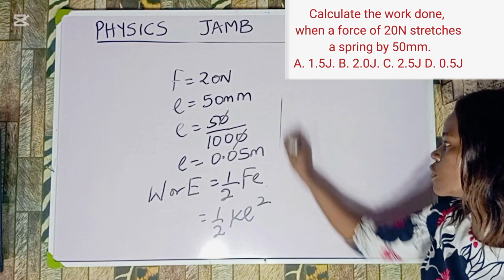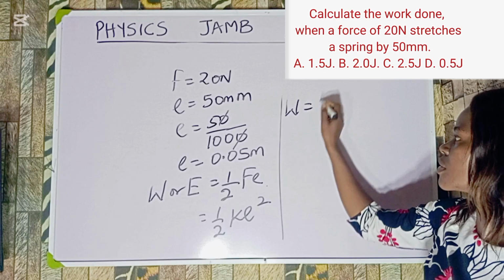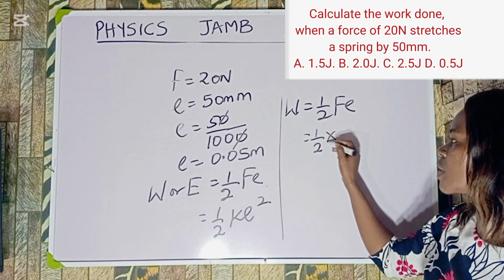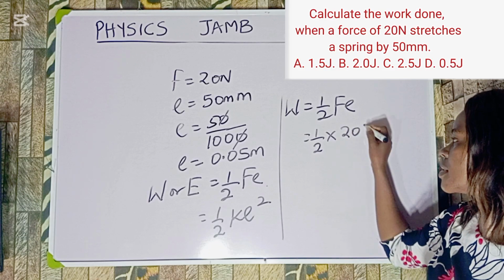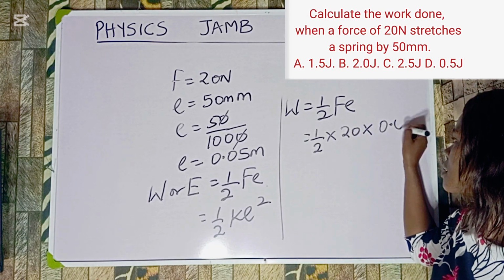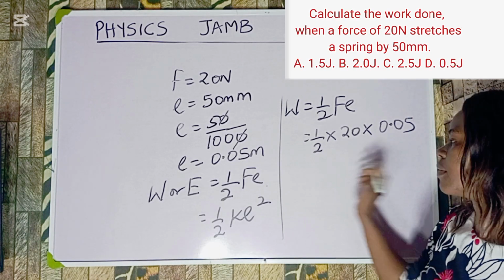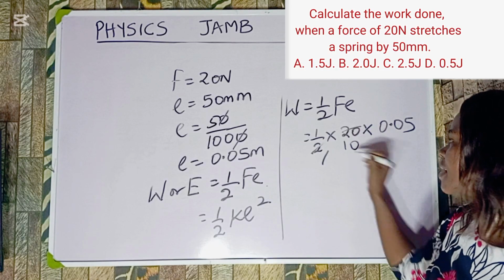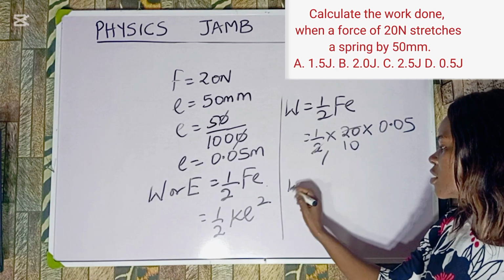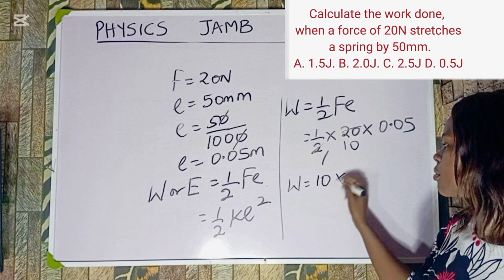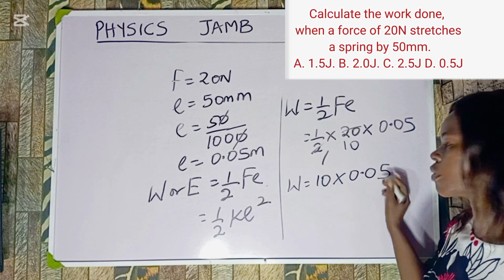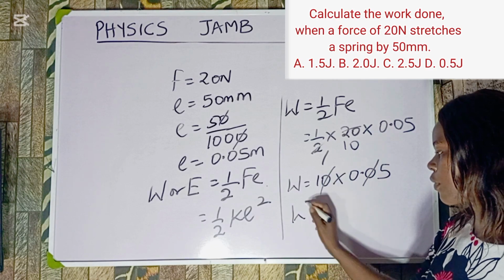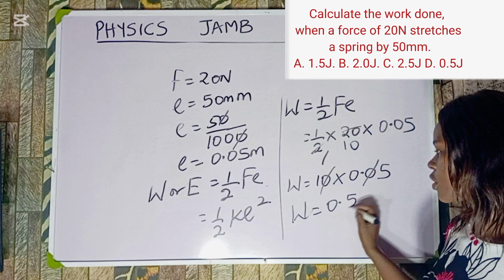So let's solve. I'm going to use the work done is equal to half Fe. Now this is 1 over 2 times, what's my force? My force is 20 multiplied by 0.05. Okay, now let's see what can divide. 2 can divide itself 1. 2 can divide 20. I have what? 10, right? Now the work done is equal to 10 multiplied by 0.05. Now automatically this one cancels one of these, so my work done is equal to 0.5